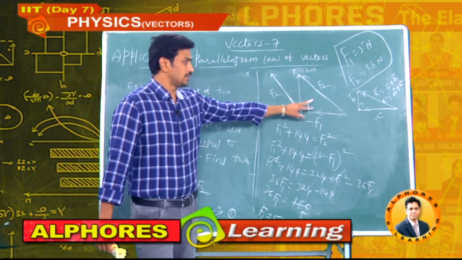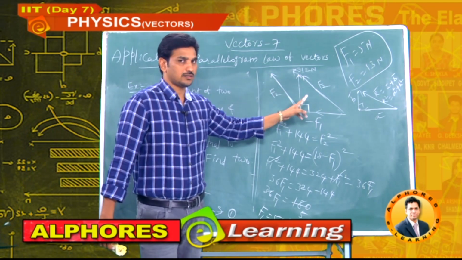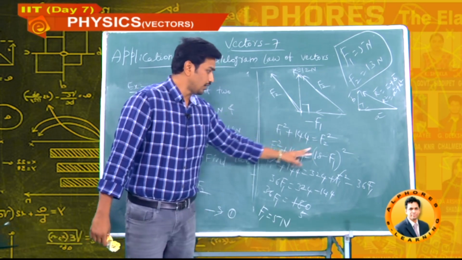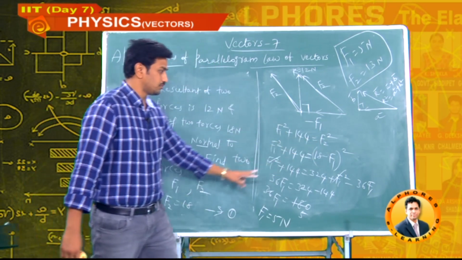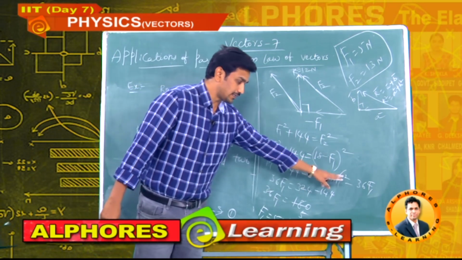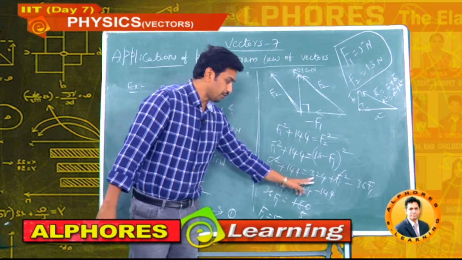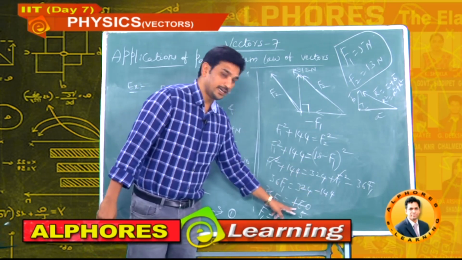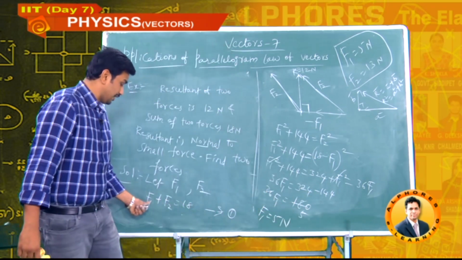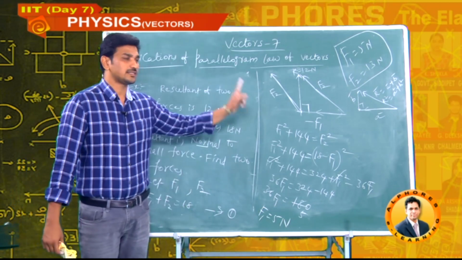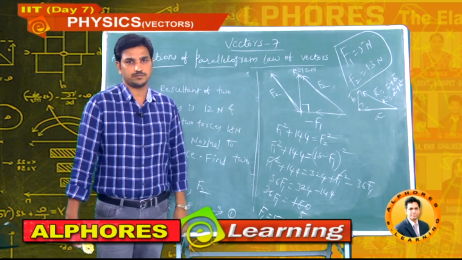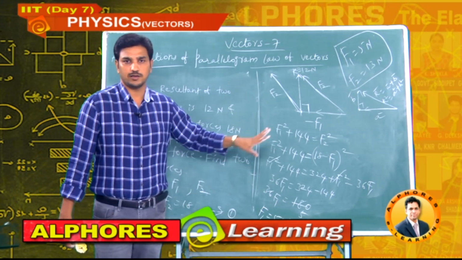Now by using the triangle law or parallelogram law of vectors, I can write this. F2 I will replace with 18 minus F1. Here (a minus b) whole square: F1 square on the left and right sides cancel, minus 36 F1 I took to this side, 324 as it is, minus 144 is 180, so 36 ones 36 fives. Now F1 is equal to 5. It's 5, and the other is 13. I think you understand. Simple. You should have a limited number of formulas, and you have to understand how I am applying those formulas.